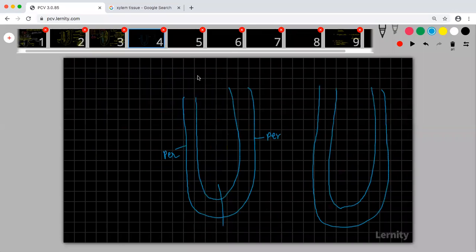Situation A. This is situation B, where this is permeable to water. This is not permeable to water, but to sodium. Where will the water be absorbed maximum? A or B? In case of B only, what will happen?